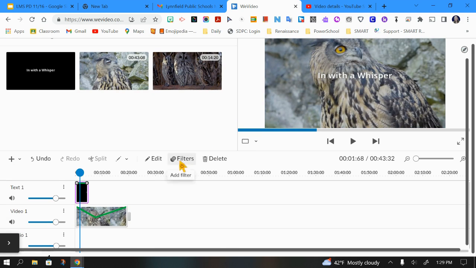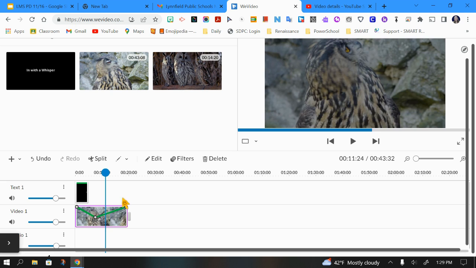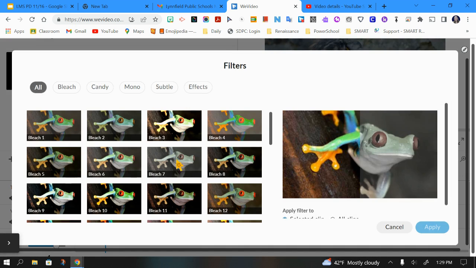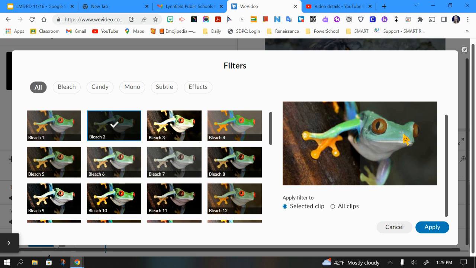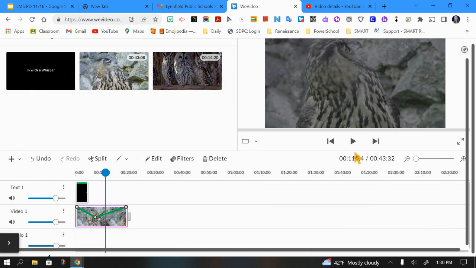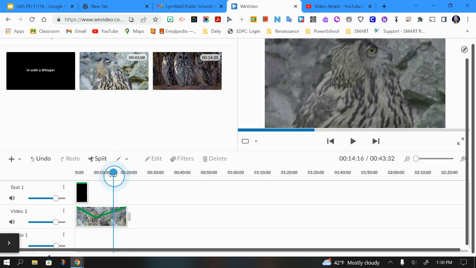And then, of course, you have some filters. So if I'm clicking here on my video track, this is going to allow me to add a color filter onto that particular video. So if I select bleach, you'll be able to see what the original track looks like and then what it would look like if you applied the filter to it. And then you can choose if it's just the selected clip that you want to apply the filter to or all clips. And then you click apply. And you'll be able to see that I've just added that filter to this video track. And then you can always delete